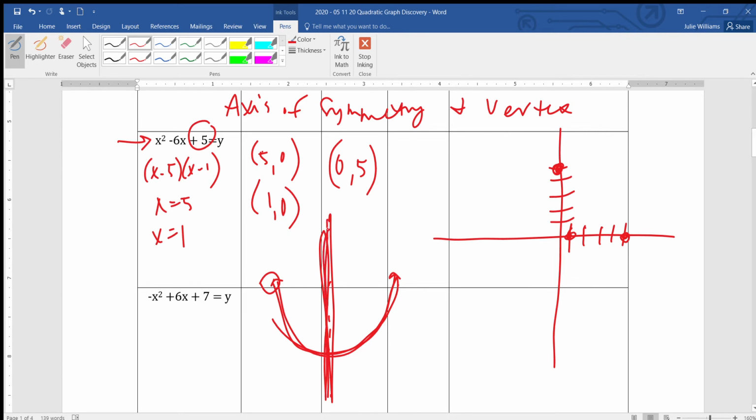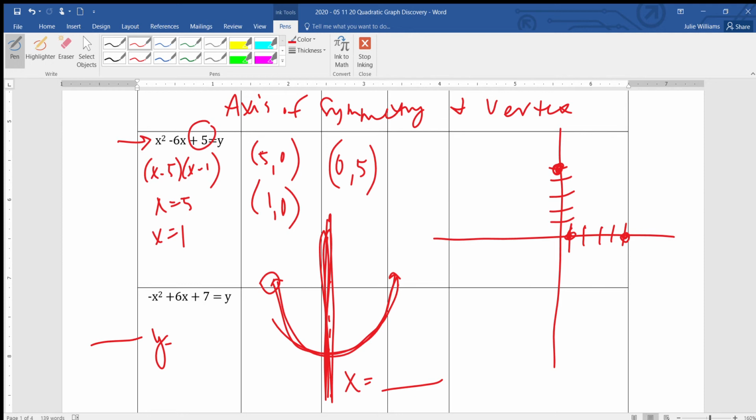It's a vertical line always, so it's going to be something like x equals something. That's what vertical lines are, right? Because horizontal lines are y equals something. So this axis of symmetry is going to be x equals some number. Okay, so if we go back to this problem at hand then,